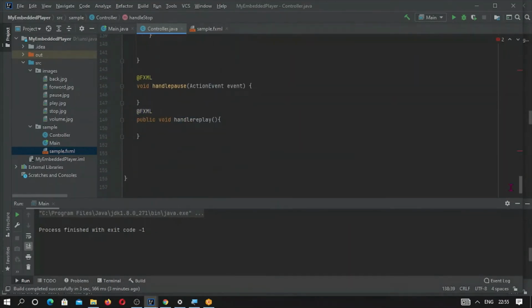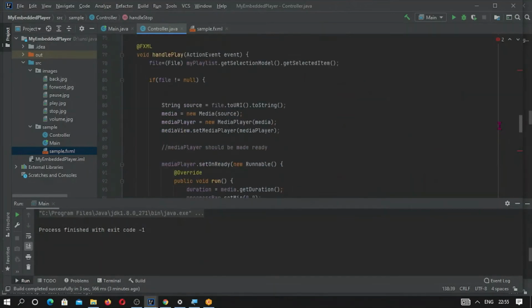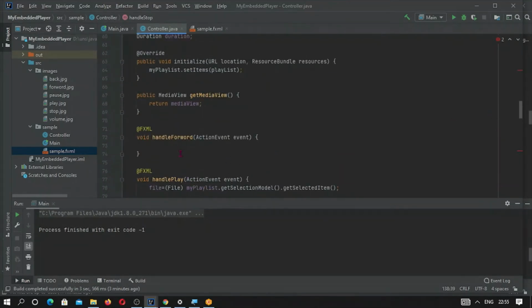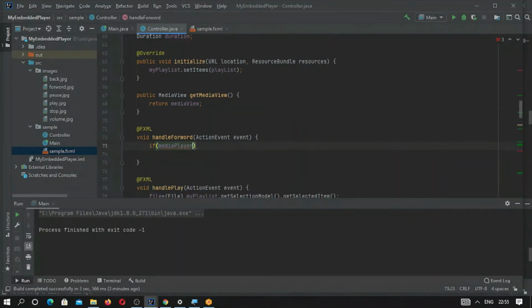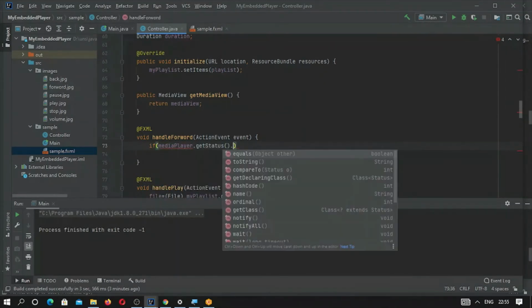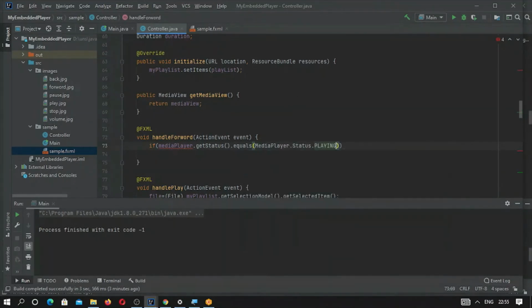In forward and backward buttons, what we want to do: this is pause and this is replay. Where is the forward button? This one is the forward. Where is backward? Okay, here in this case, first we have to check whether it is playing or not. So if media player dot get status dot equals status dot playing, on that case what we have to do,